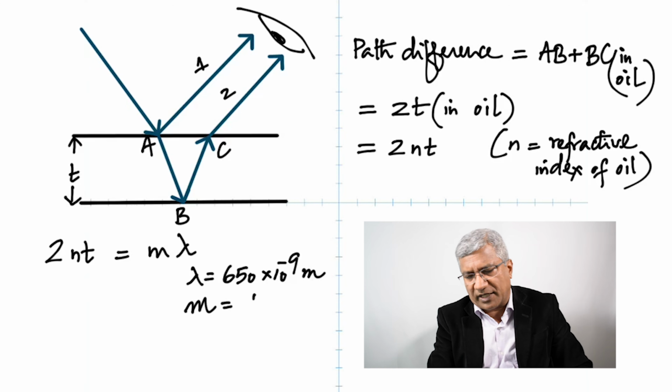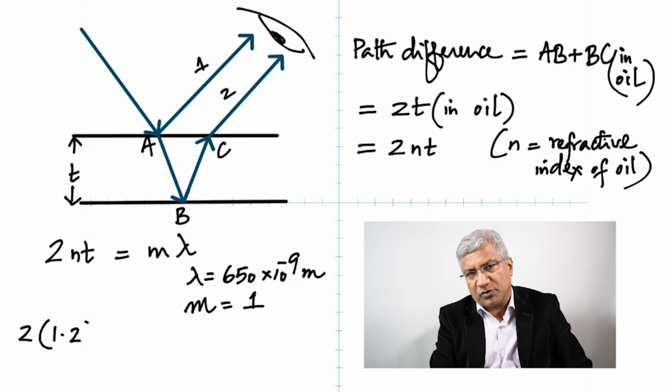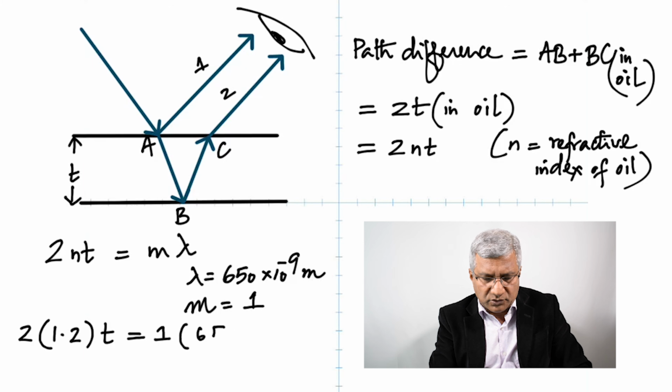Let's assume that lambda is 650 nanometer, which is 650 times 10 to the negative 9 meter, and m is equal to 1, so it's the first order. Simple calculation shows that,